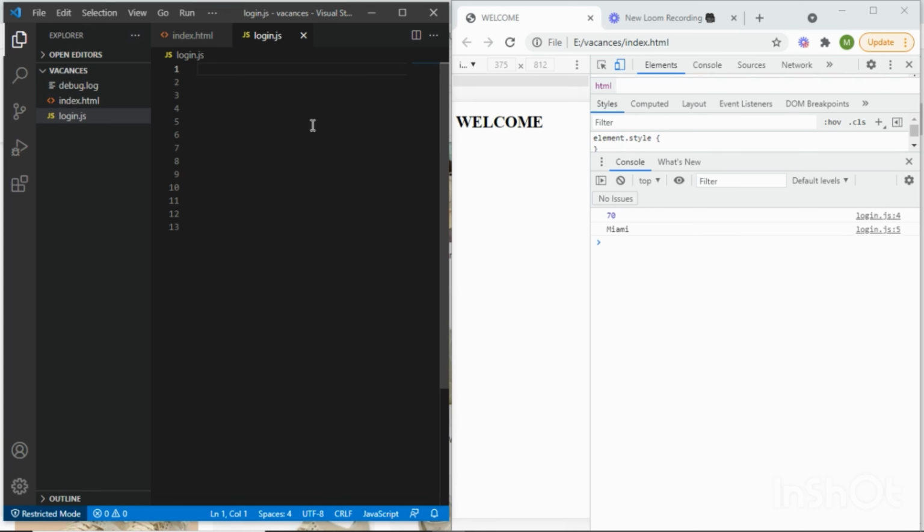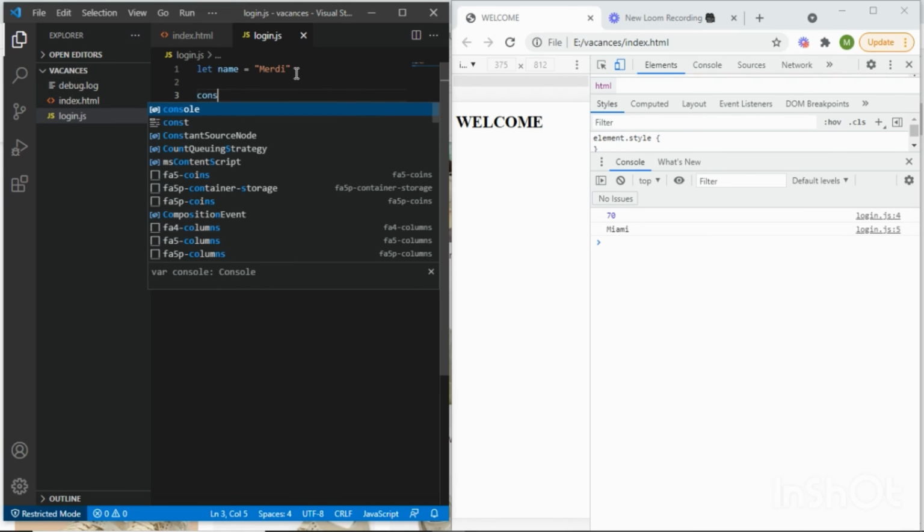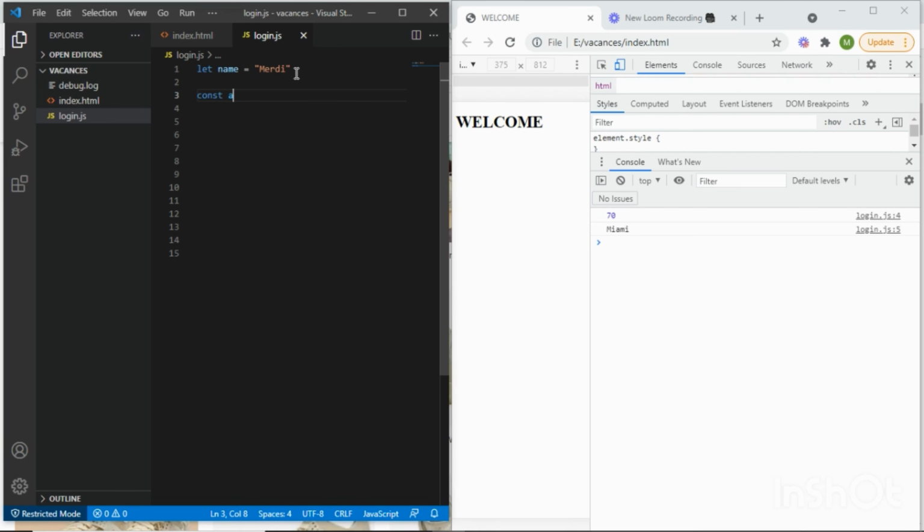And those differences are, actually it's only one difference, that a variable that has been declared using the let keyword can be reassigned, but a variable declared using the const keyword cannot be reassigned. And let me quickly show you that. I'll say let name, ready, and const, let me put a constant down here, const age equal